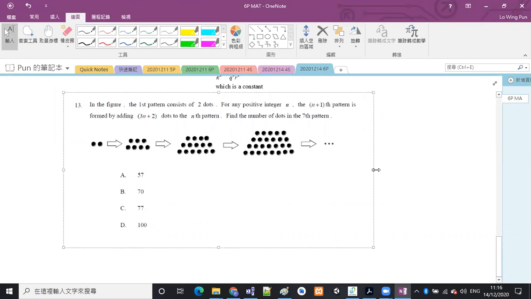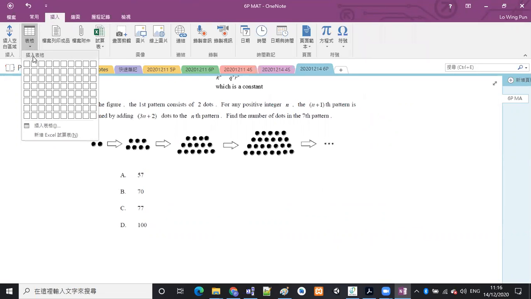of 2 dots. For any positive integer n, the n plus 1th pattern is formed by adding 3n plus 2 dots to the nth pattern. Find the number of dots in the 7th pattern. 好啦，我哋嚟做一個 table，呢度慢慢數啱佢為止，得唔得？